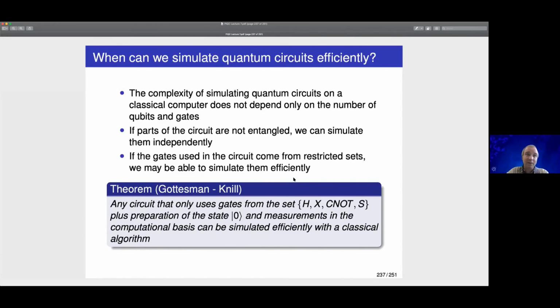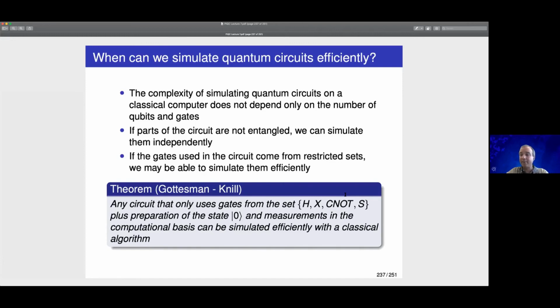So this theorem, which is called the Gottesman-Knill theorem, tells you that if your circuit only has gates from the set, the Hadamard gate, the NOT gate, the CNOT, and the S gate, and combinations of these gates, for instance, if you combine these gates, you can obtain the Z gate, and you can obtain the Y gate and other gates. But if you only have these gates, then you can simulate the circuit with a classical computer